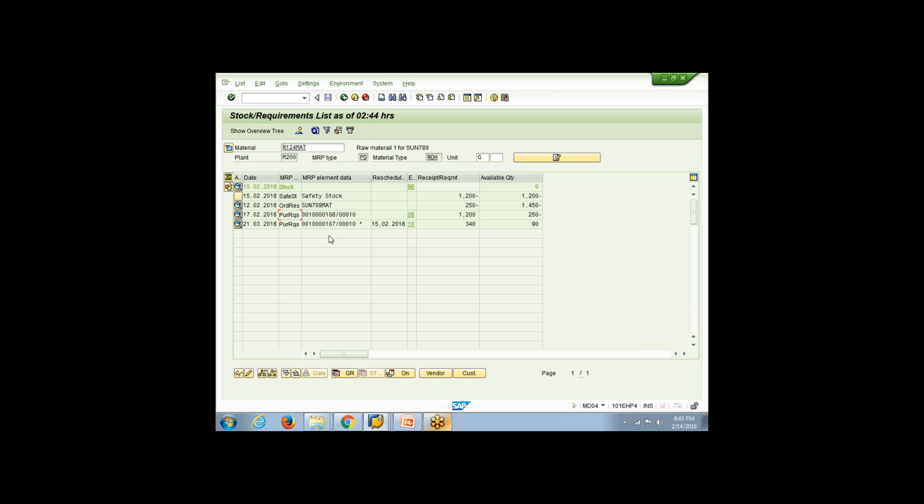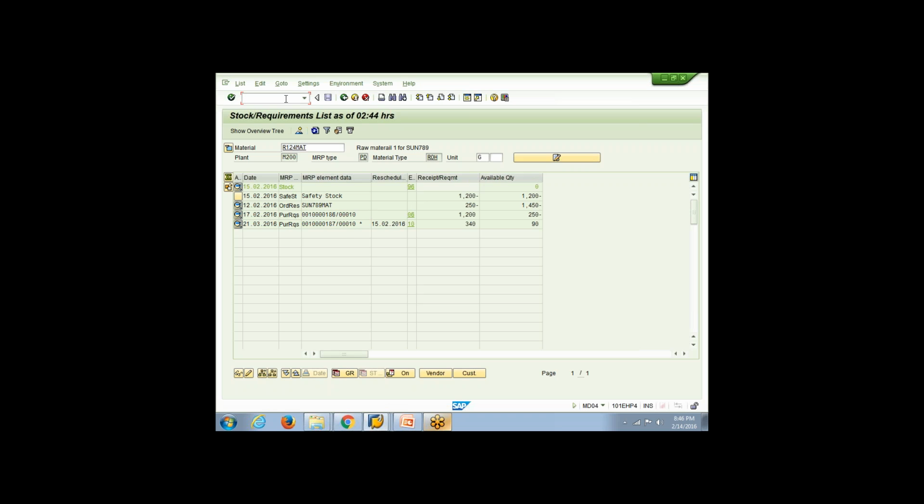If it's a make-to-order scenario, if the products are expensive, we'll probably wait till we get our production order and then buy the raw materials. But typically, companies will try to stock some amount of inventory that has high lead time or is expensive or is not available immediately and all those things. And companies decide in different ways how much safety stock to keep or what raw materials to stock. If they have short lead time, they can probably buy immediately as soon as we get a production order and all those things. But anyway, once this purchase requisition gets converted into a purchase order, what happens next is